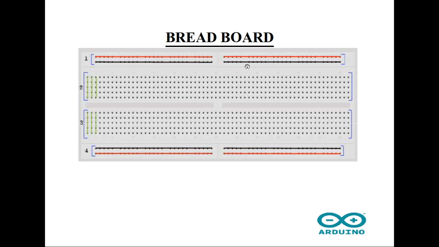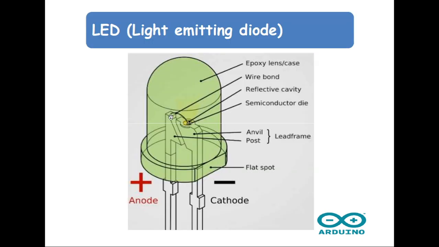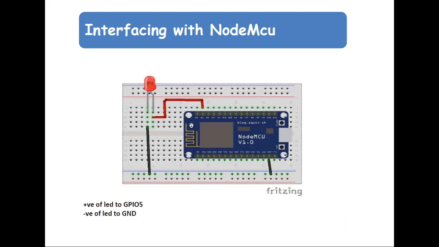Okay, and next one is a simple program. We will start with a simple program and we will end up with very high level applications like smart city applications. Here I'm going to explain with an LED, right? And you know there are two pins, anode and cathode. The anode is plus, with the smaller edge here, and this side you will have the cathode, that is negative.